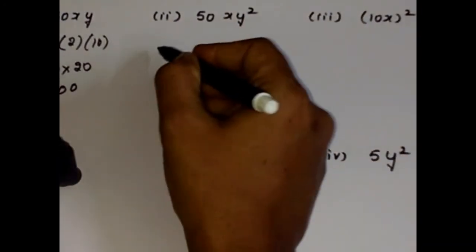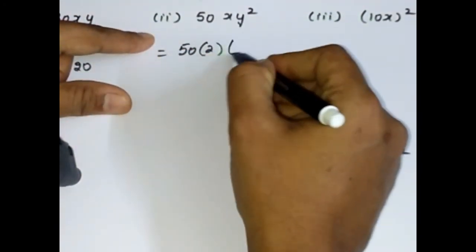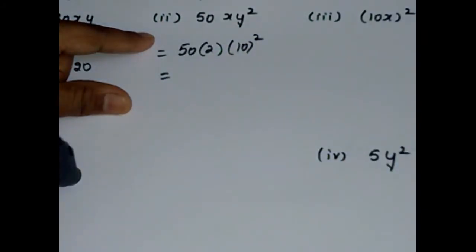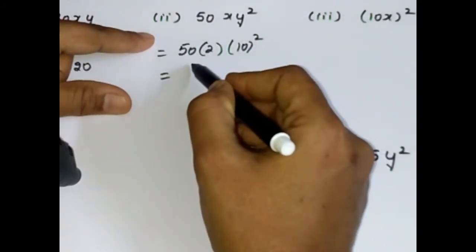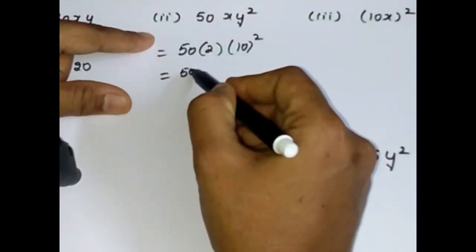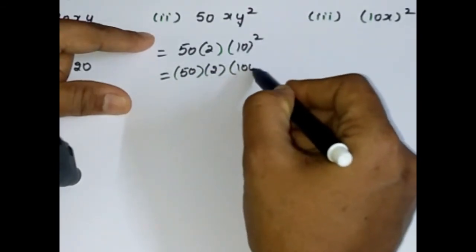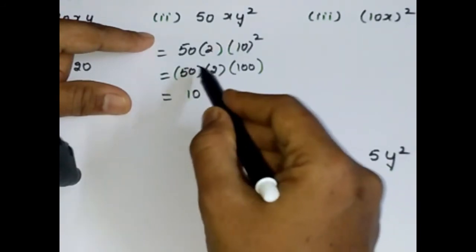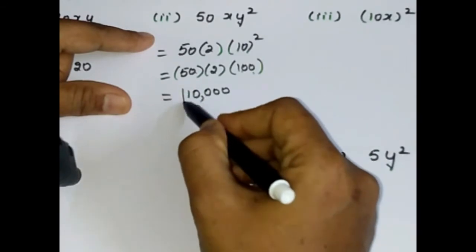50 xy square. 50 into x is 2 into y square is 10 square. Again what should we do first? First calculate what is the value of 10 square. You can keep this 50 into 2 as it is or you can multiply. So 10 square is 100. Now 5 2s are 10. 1, 2, 3 followed by 3 zeros. The solution is